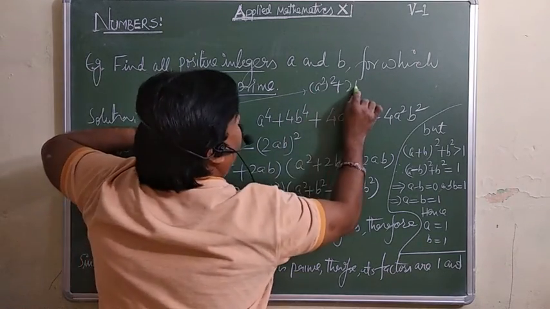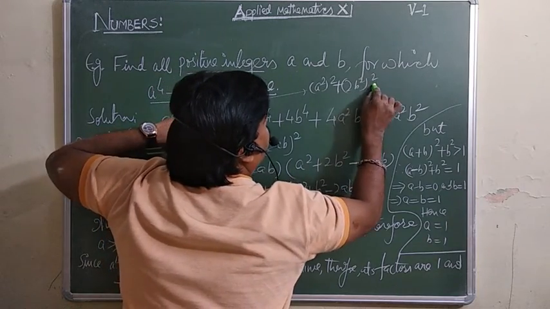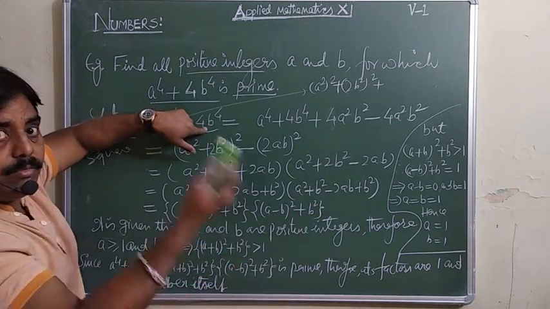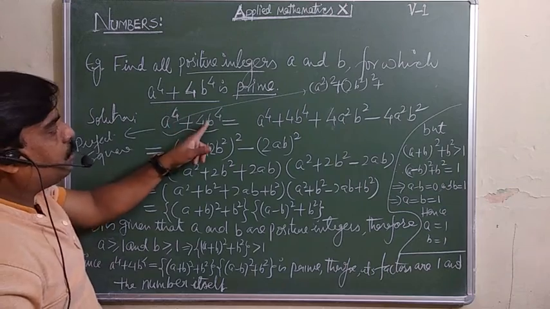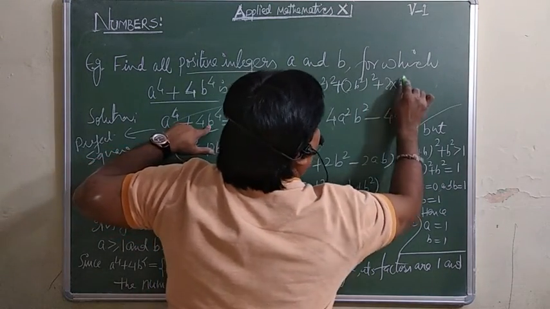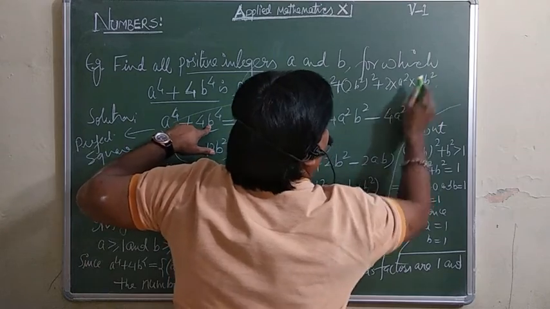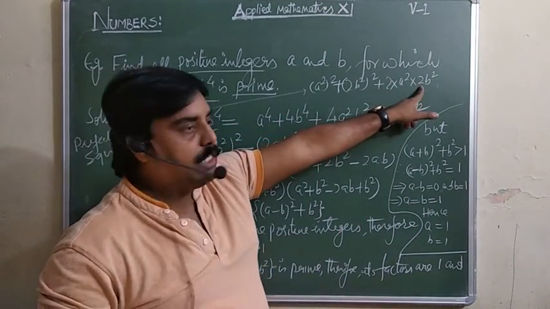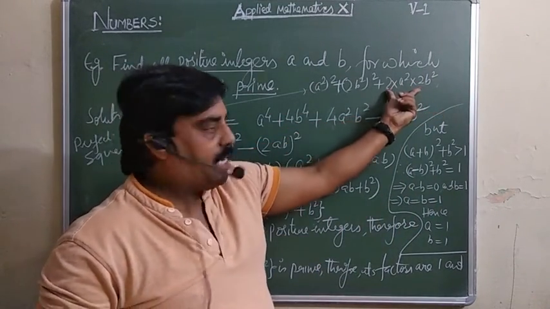So (2b²)² . But it means 2ab, or the minus 2ab, you can say. So this is a² + b² + 2ab. So plus 2ab you will do what? You will get 2 into a² into 2b², so this is equal to 4a²b². So this is the extra term we are adding.